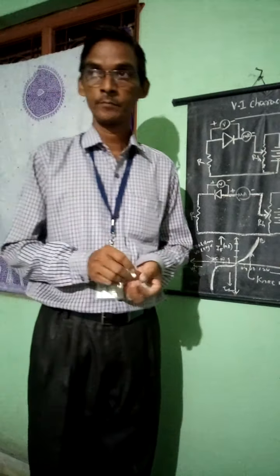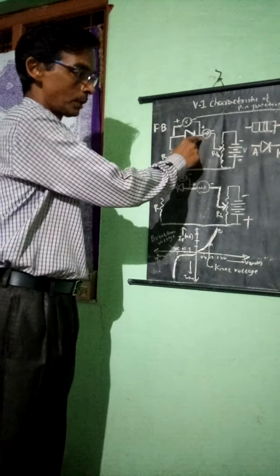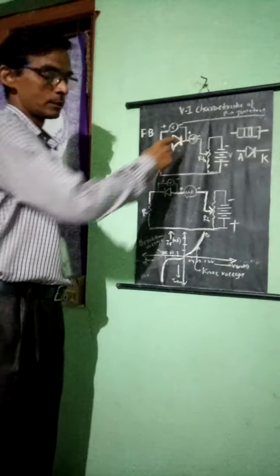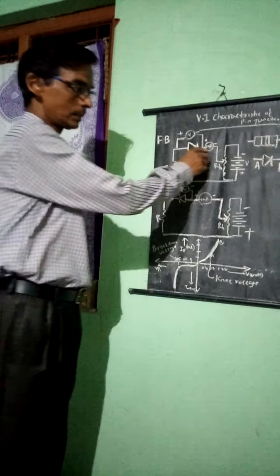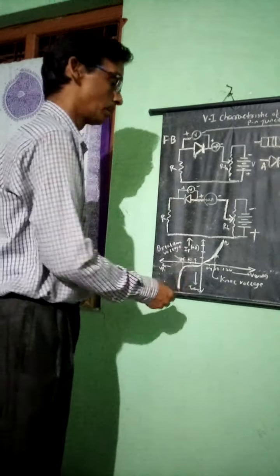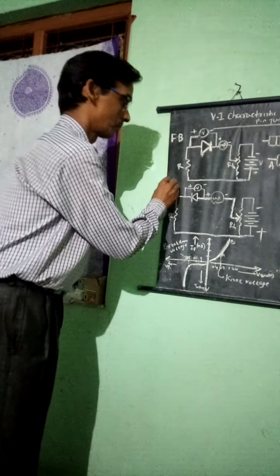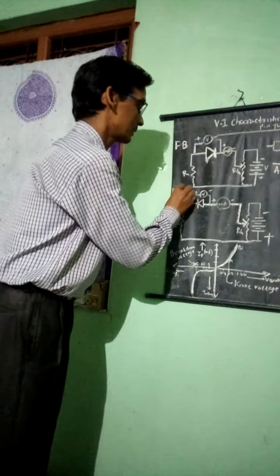Now I am connecting this diode with a voltmeter, and along the circuit a milliammeter. To represent the current and voltage, there is a resistance, and a rheostat is connected here because the whole voltage will not be applied at a time. Some part of the voltage is applied, and serially you develop the supply and get different currents in this ammeter reading. First of all, I am taking both the forward biasing and reverse biasing cases in only one graph.